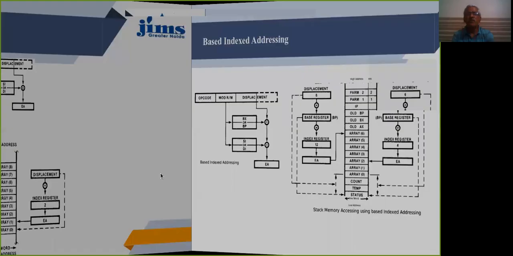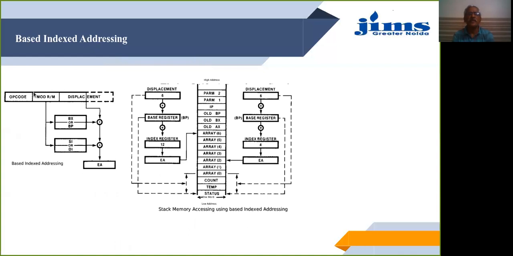Then we can have a combination of this, based and indexed. In this case, the base register plus the index register plus the displacement, 8 or 16 bit, added together give the effective address.